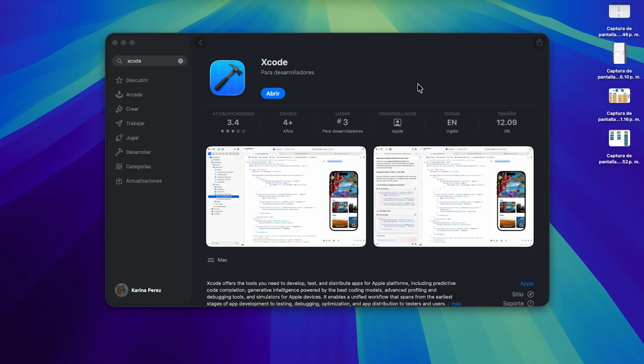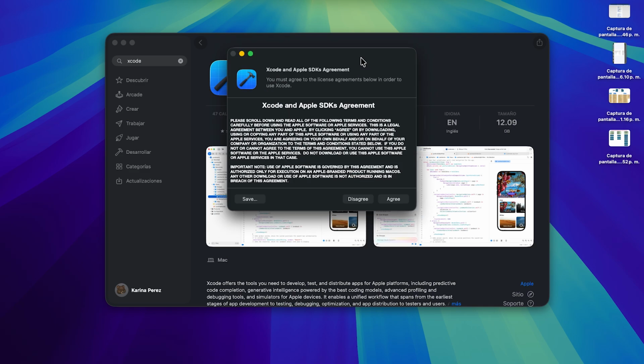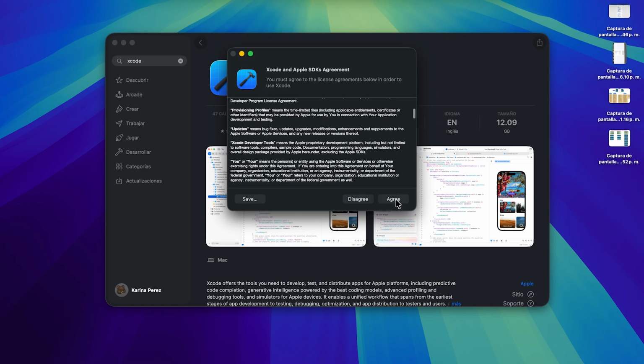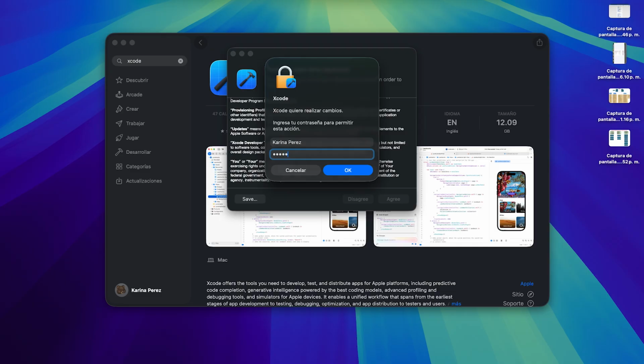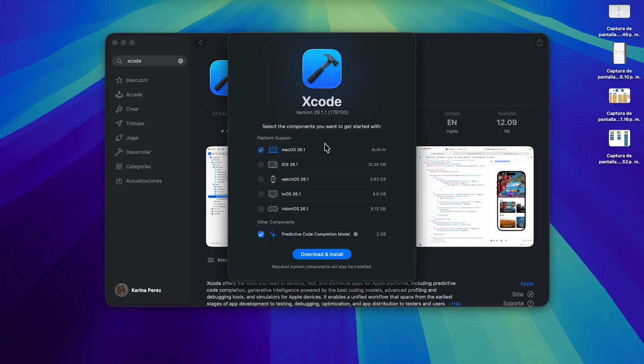Okay, that actually was faster than I expected. After you have installed, this will say open in English, but we're not done. You do have to agree to their agreements. I guess you're going to have to enter your Mac password. And here's the next part. That 12 gigabytes is not enough. We're also going to want the iOS